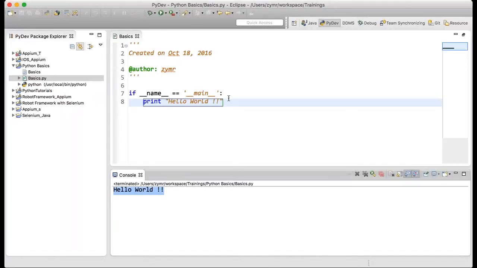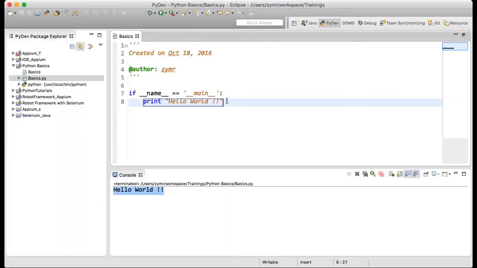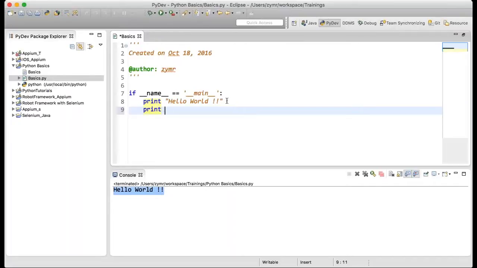There are many other ways in which we can do this. You can even print the statements here, mentioning them in brackets. So I can write print in brackets.